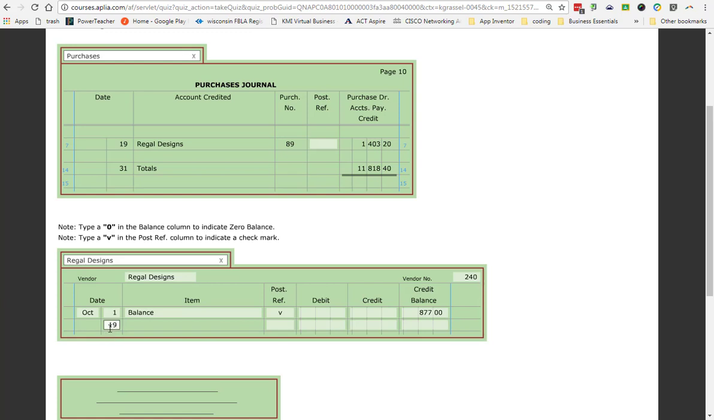I don't have to put anything in my item column, but I do have to put something in my post-reference column. And I know I'm getting it from my purchases journal. I can't just do 10 because I don't know what journal it is. So I always need to use a letter that it's associated with our journal. So I have to do P for purchases and then 10 for page 10 of my purchases journal. Then I'm going to go ahead and put in a credit of